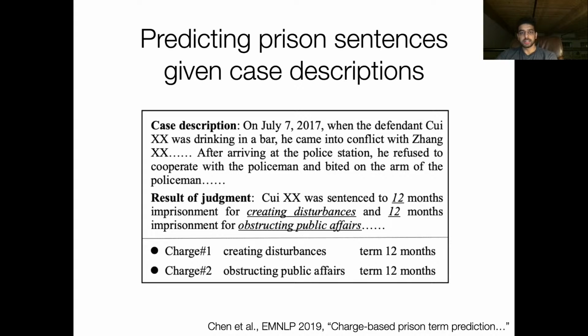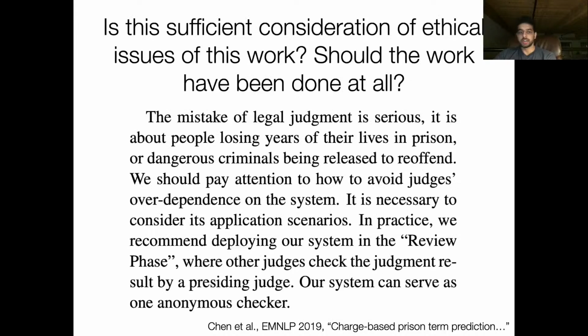So this is probably something that you would want a judge to be doing and not some kind of machine learning system. The authors here built a system and they collected a data set. They found that it worked moderately well, but it had a lot of error. And finally, at the end of the paper, there was a quick paragraph about the ethical issues of deploying the